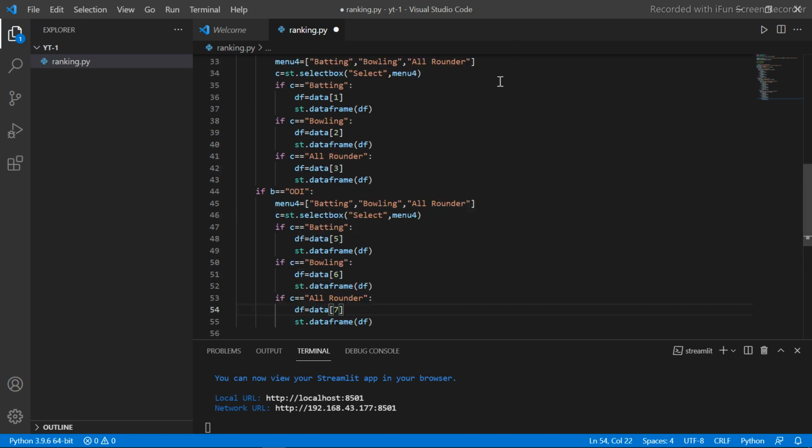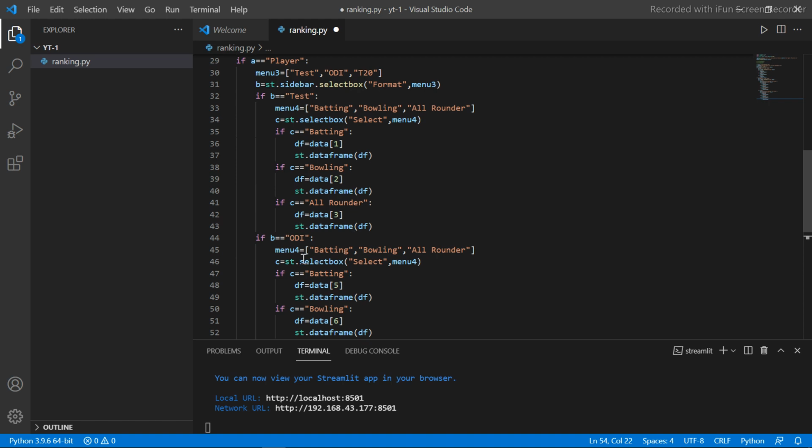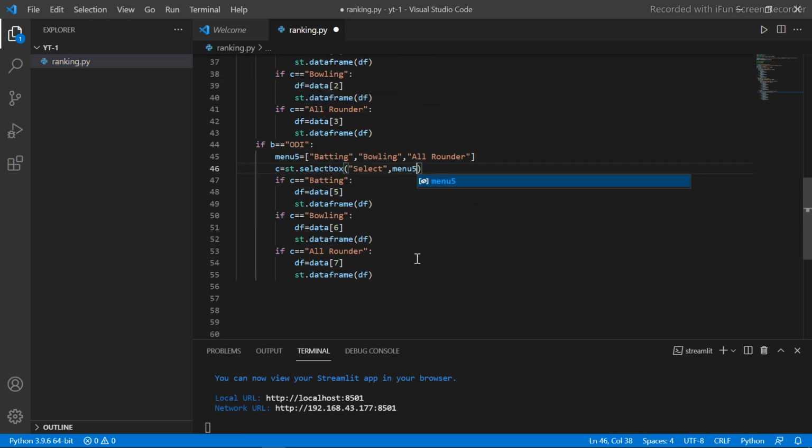And I don't have to change anything else except the name of the menu, or else you can give a key for it so it can differentiate among them. Menu 5. Cool.